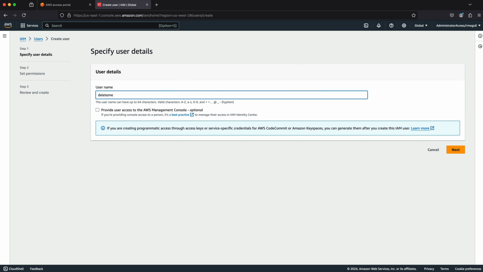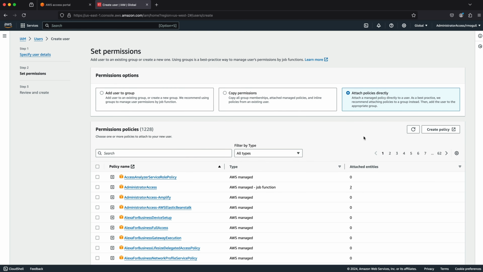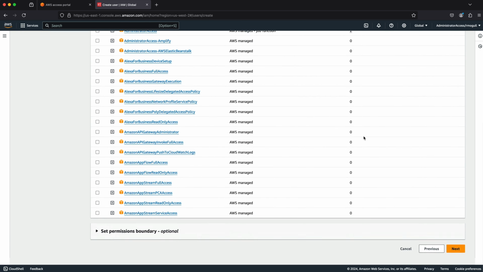First, I'm going to call it Delete Me, so I remember to delete it. And we're not going to give that user console access. Well, let's just go ahead and click Next. So they're not going to be able to log into the console. We don't have any groups. We don't have any permissions we want to copy. Let's go attach policies directly, and then let's cheat. Scroll all the way down,